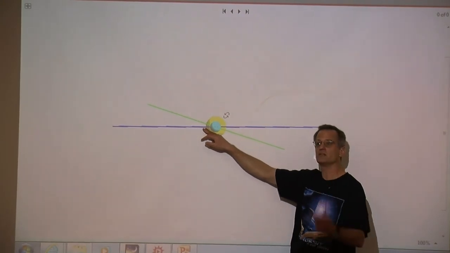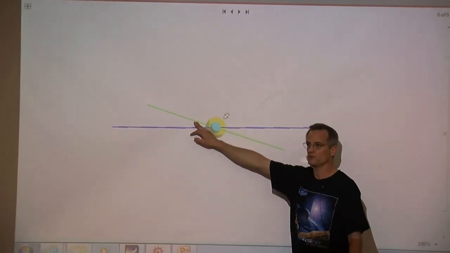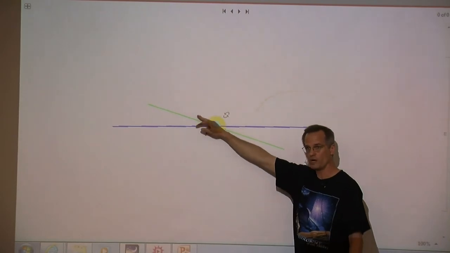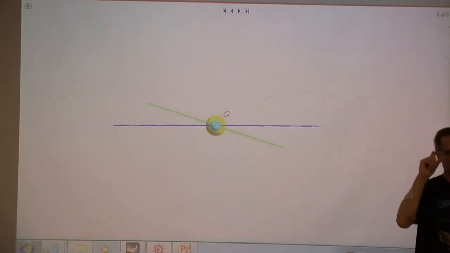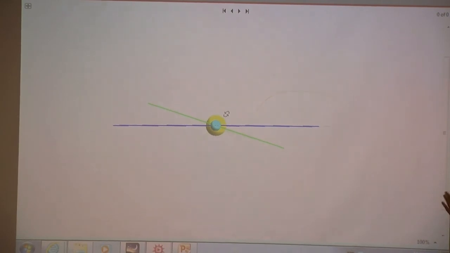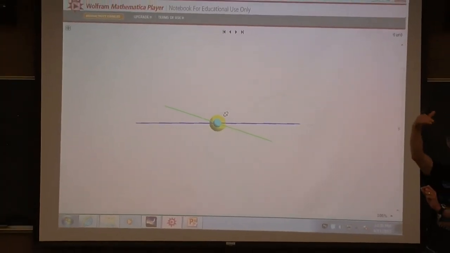And then the one that happens 8 years after that is going to be too far this way. It'll be too high when the inferior conjunction happens, and Venus will pass over the top. So there are two transits separated by 8 years, and then for the next 8 years and then 8 years, it's above.